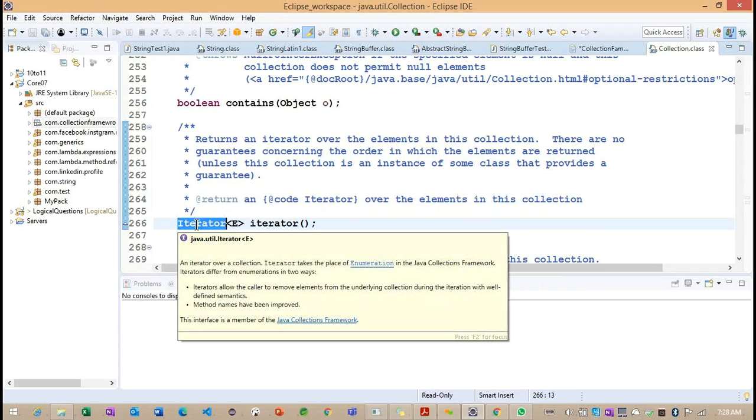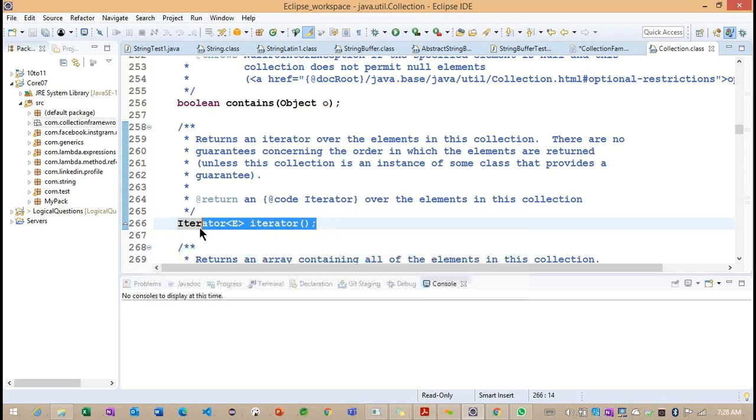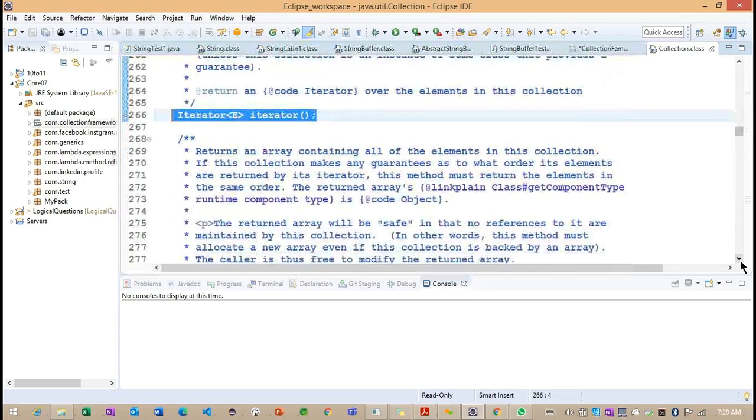The iterator method returns an Iterator. Iterator is an interface, which resides in the java.util package here. Okay. The name of the method is iterator. What is the purpose of this particular method? To get the objects one by one, we call this iterator, and we get one object at a time here.